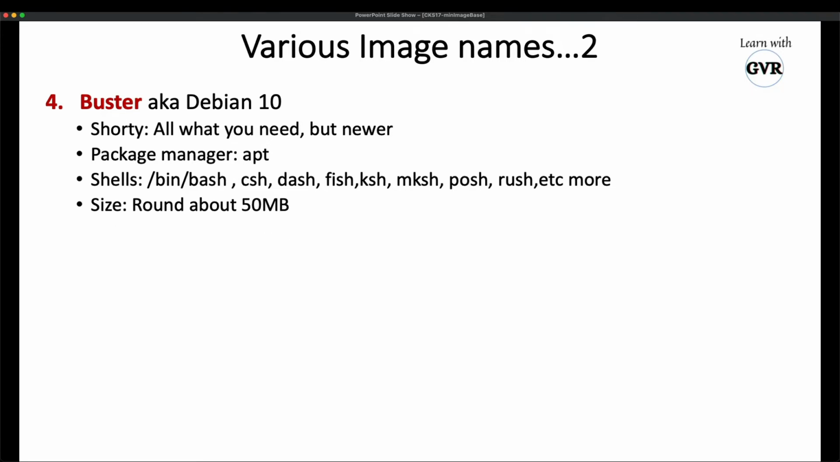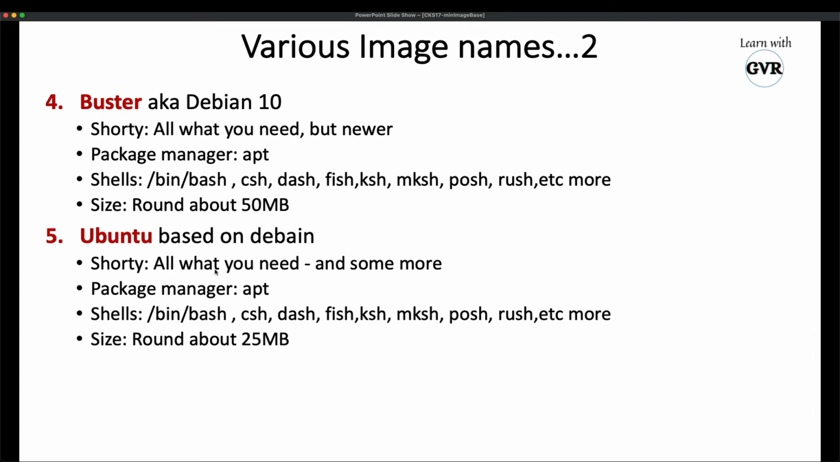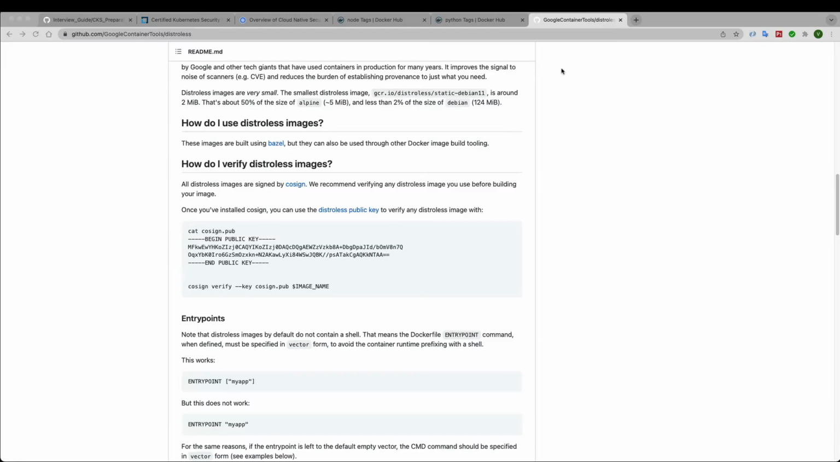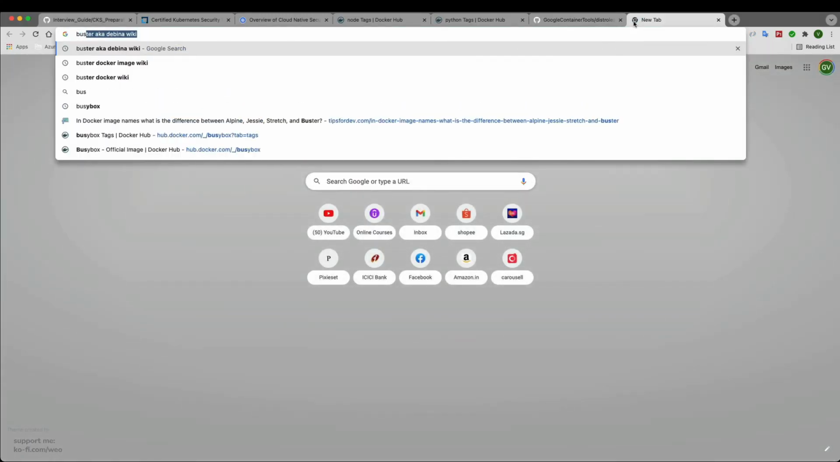So yeah. And then Ubuntu is another image. Basically you can just go and search for Ubuntu as well. That is very small, but it's based on Debian for the generic. So in this way you can see many more, and you can go to the wiki and search for it. I will go to Google and just search for Buster